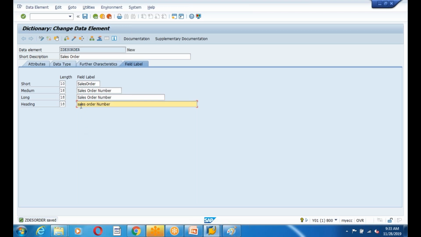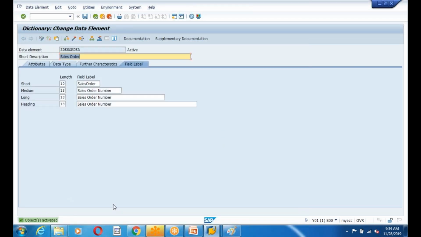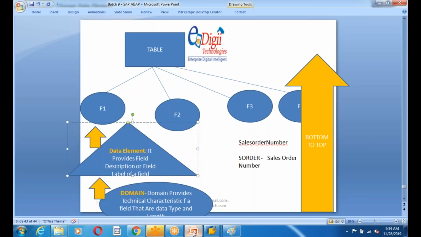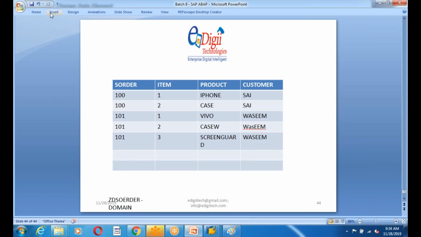So whenever you give a text to the business, always follow upper camel case. Okay, save it and do the syntax check, and no inconsistency is found, and activate your data element, guys. I have activated my data element. See, I will keep this aside, and maybe my next one is my data element, and